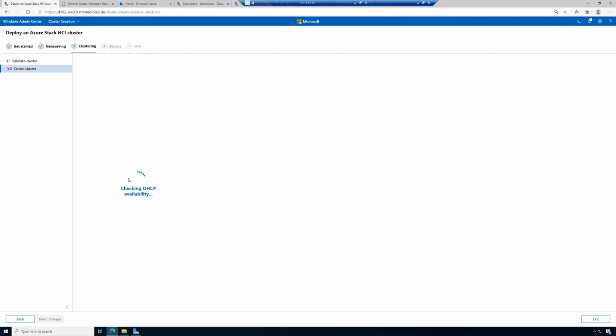This means I do not need to enter any cluster IP address. In a production environment, I would prefer fixed IP addresses and/or IP address reservations in the DHCP server. My name for the cluster is Azure Stack HCI Cluster 40. We have 3 of them. The cluster 20 is the 2-node, the 30 is the 3-node, and the 40 is here our 4-node cluster